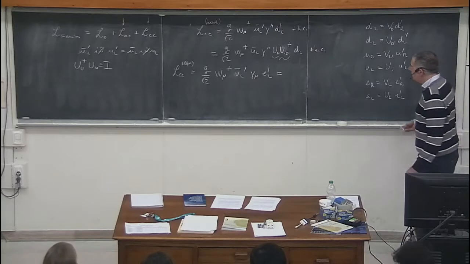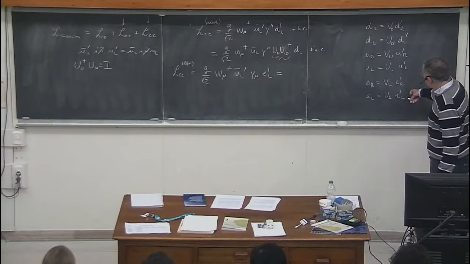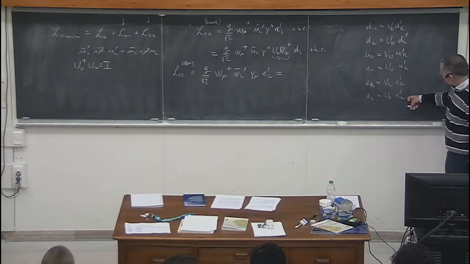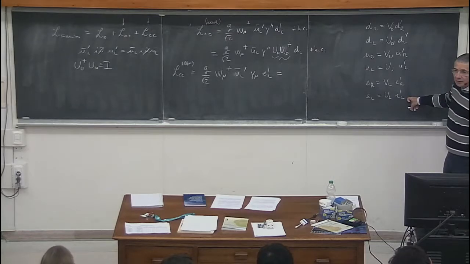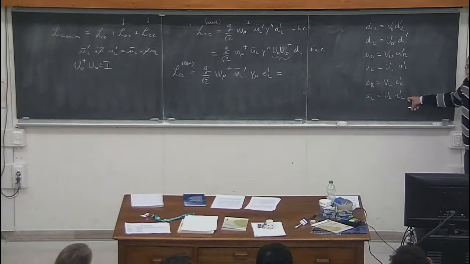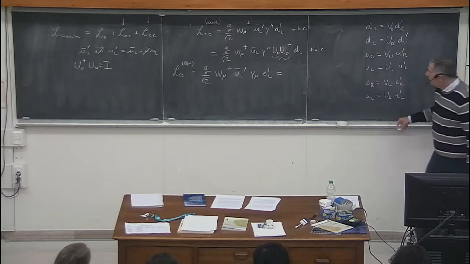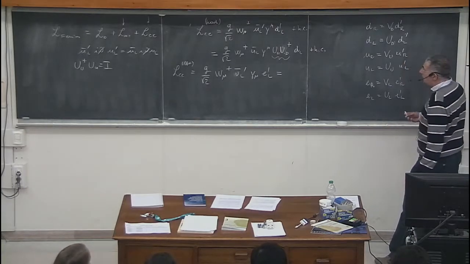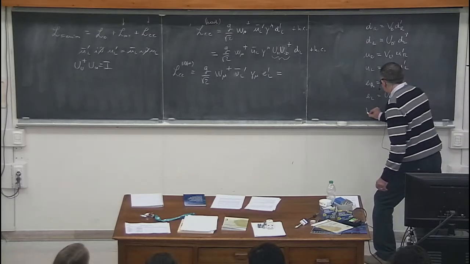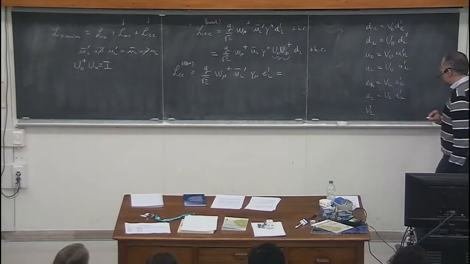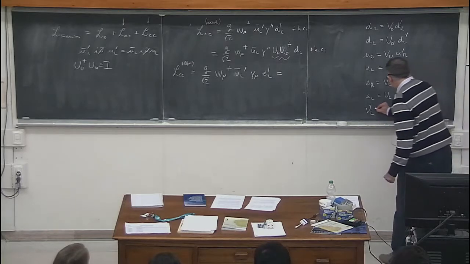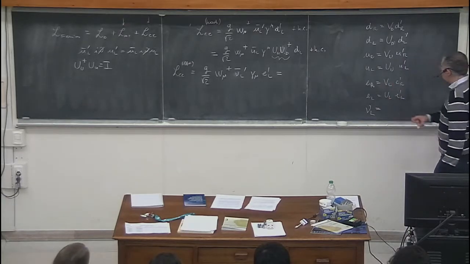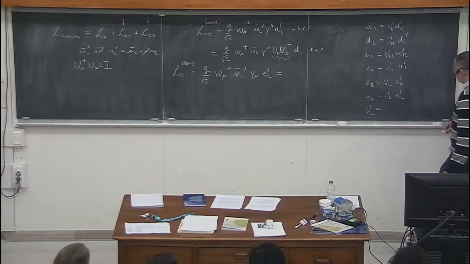And you see, here I have a rotation of left-handed lepton fields, but there is no need to rotate the left-handed neutrinos because there are no right-handed neutrinos. So, without any other effect, I can assume that left-handed neutrinos are rotated exactly in the same way as left-handed charged leptons,